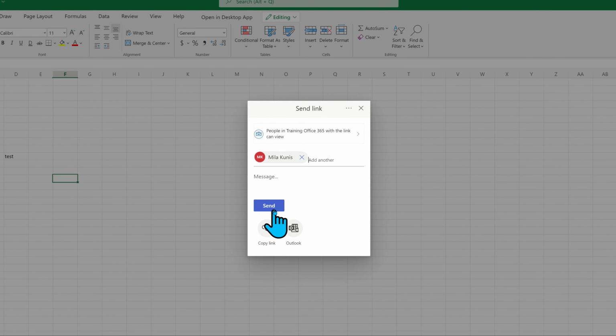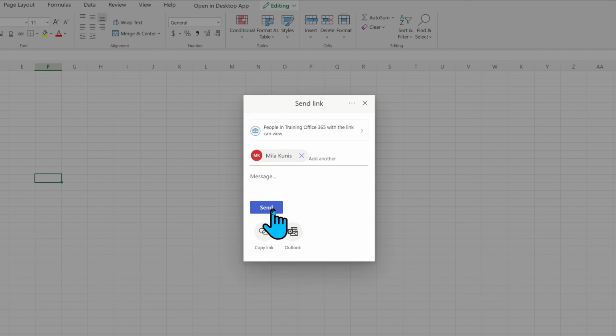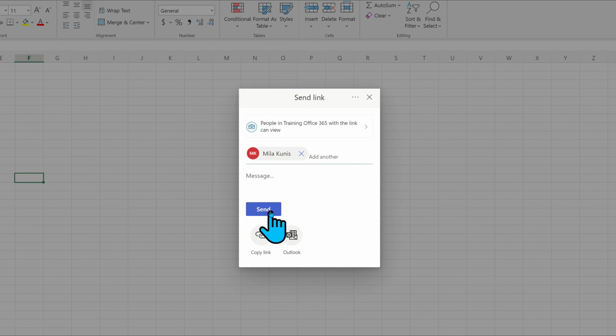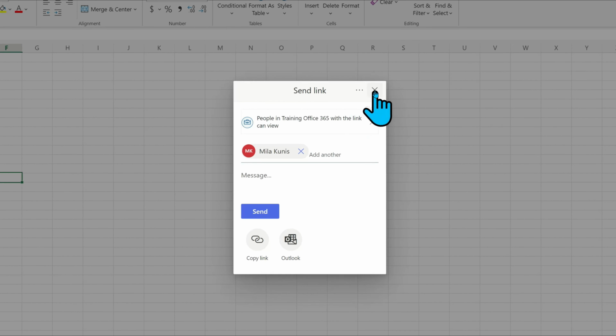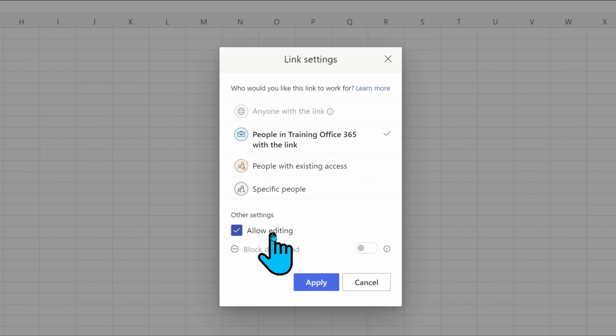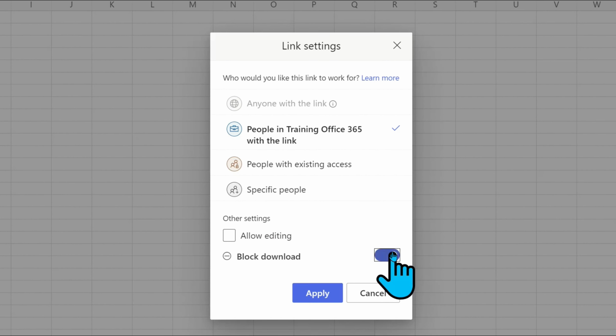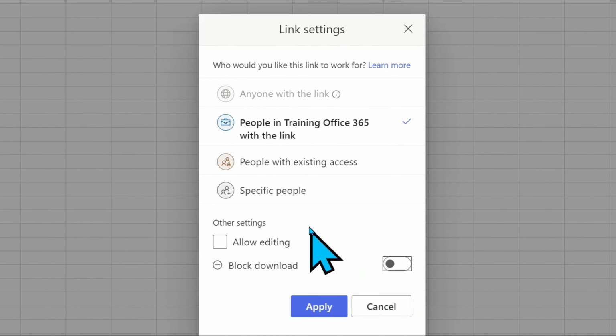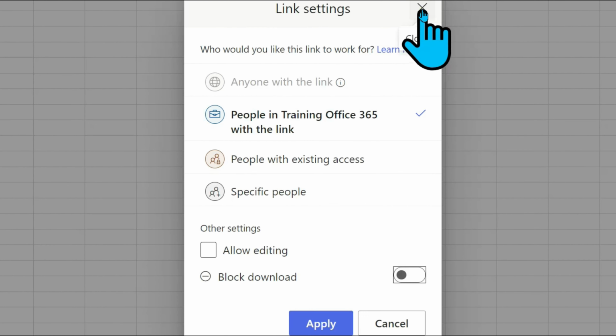Type in here and then hit send. That's it. The user is just going to get an email with the link and can click on it to access it. Again, you can control if you want to allow editing of the file or not. If you want to block the download of the file as well, you can control that bit,